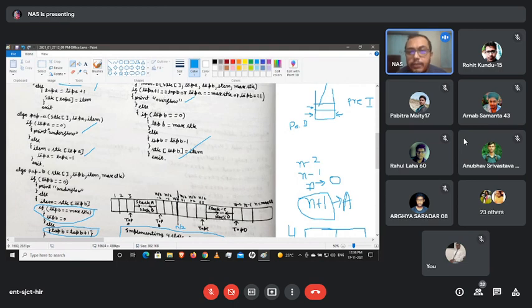The second condition will be top C equals max stack, meaning stack C has occupied the whole space, so an overflow condition occurs. Another one: this line is top B equals 1, so here the line will be top D equals, in place of 1, n/2. No, it will be n/2 plus 1, because the first part takes space from 1 to n/2.